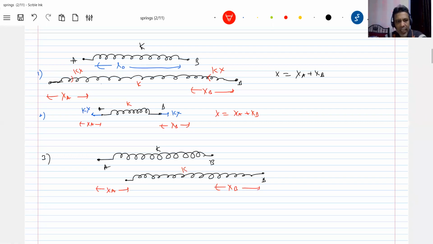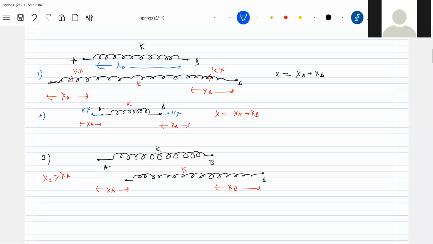Now, if I put xb greater than xa, what is the state of the spring? Both ends have displacement in the same direction. Then what is the net displacement if xb is greater than xa? Is it elongation or compression? You should tell me. It's very easy, no? Let xb be 3 centimeters and xa 1 centimeter. So does the length of the spring increase or decrease? It increased, so it got elongated.